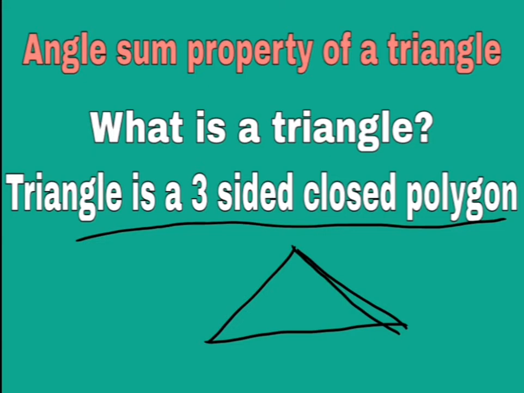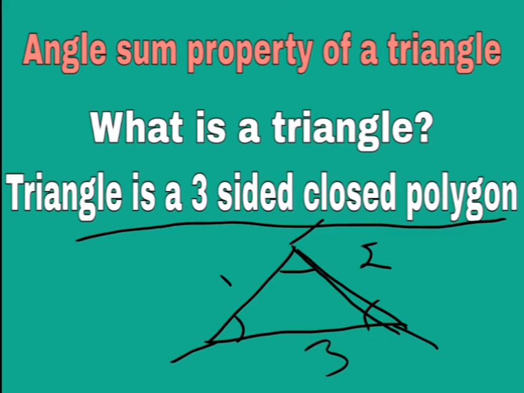So a triangle is such a type of polygon which is closed by three sides. That type of polygon is called a triangle. That is the basic definition of a triangle. So a triangle will have three angles, it will have three sides, 1, 2, 3, and it will have three vertices, 1, 2 and 3. So everything will be 3 in a triangle. That's why it is called a triangle. Tri means three angles.